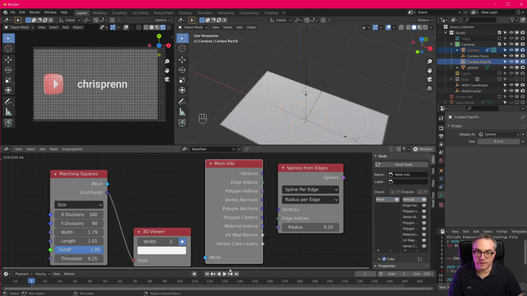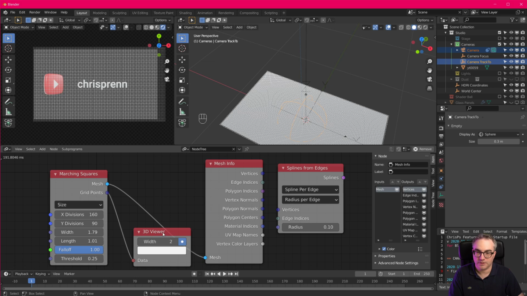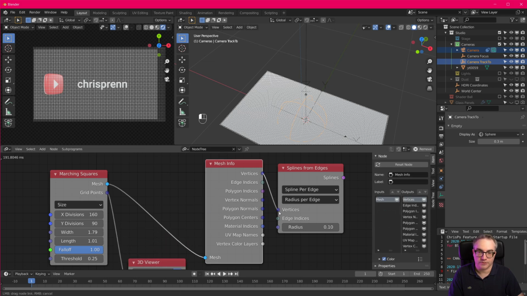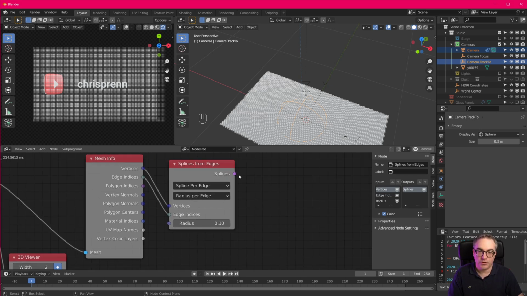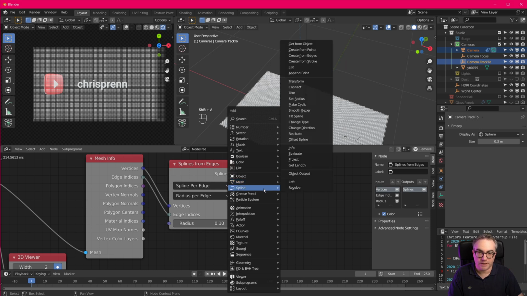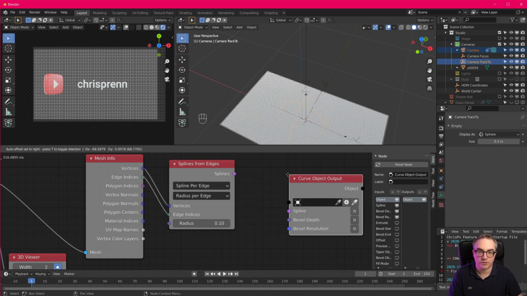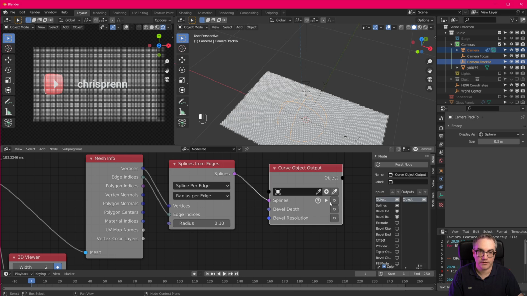We can get the mesh info of that mesh and plug the vertices in here and the edges in here. Now we can create splines. So we want to output splines, spline object output, plug that in here, enable it, create a new object, which